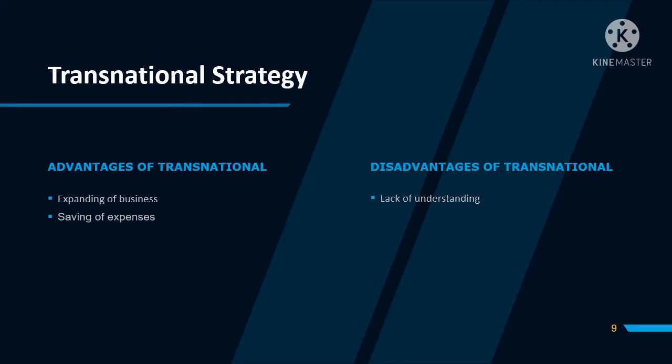For example, a USA-based company cannot have a complete understanding about the local markets of countries like India and China, as the consumers of these countries have a different culture, fashion, and taste when one compares them with consumers of the USA. Therefore, lack of understanding about foreign markets is perhaps the biggest shortcoming when the company is adopting the transnational strategy.